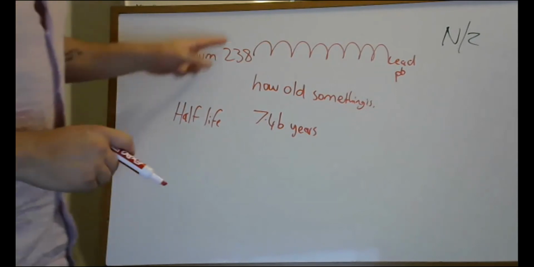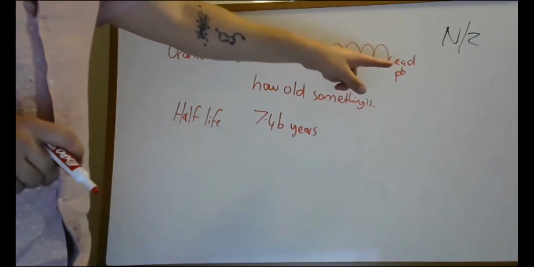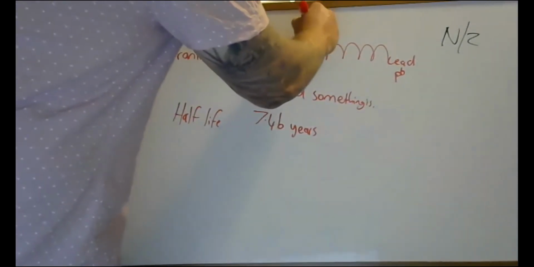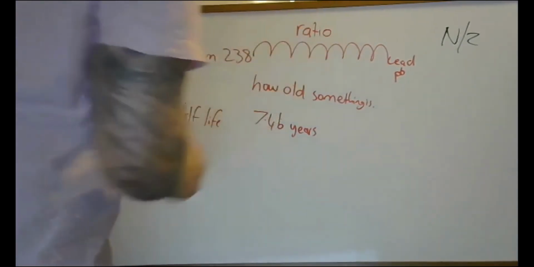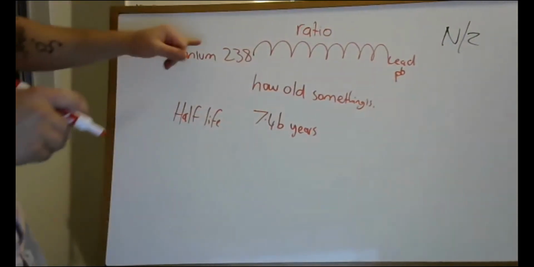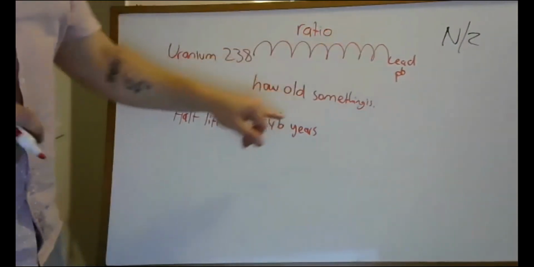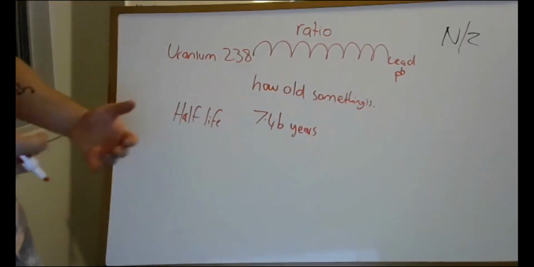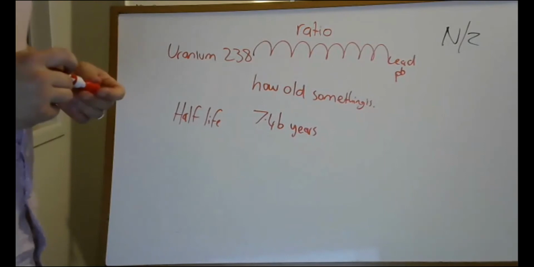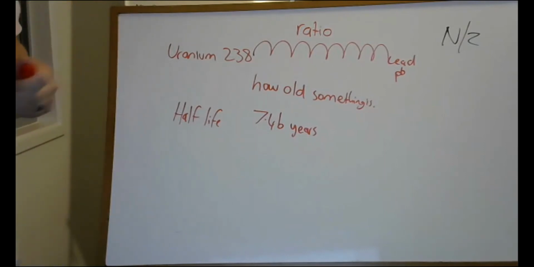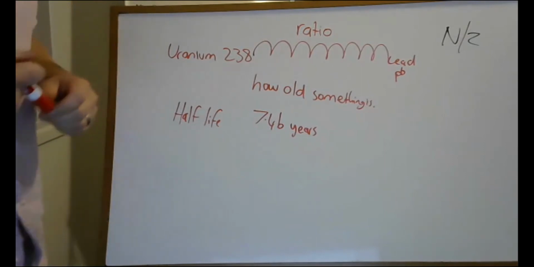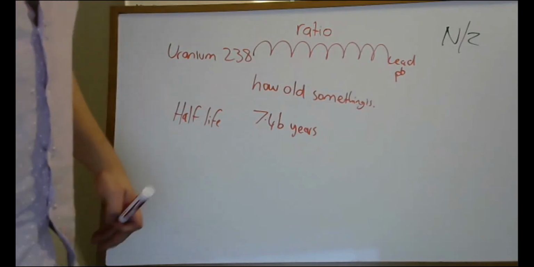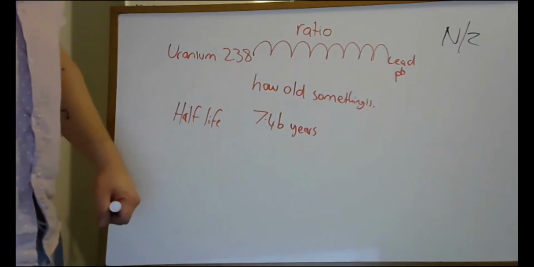We know uranium decays into lead. So we can use the ratio, again, I'm not going to go too deep into it. We can use the ratio between uranium-238 and lead with this half-life to tell us how old something is. It's a very, very contentious scientific issue. A lot of people say we shouldn't use it because we can never prove that, but